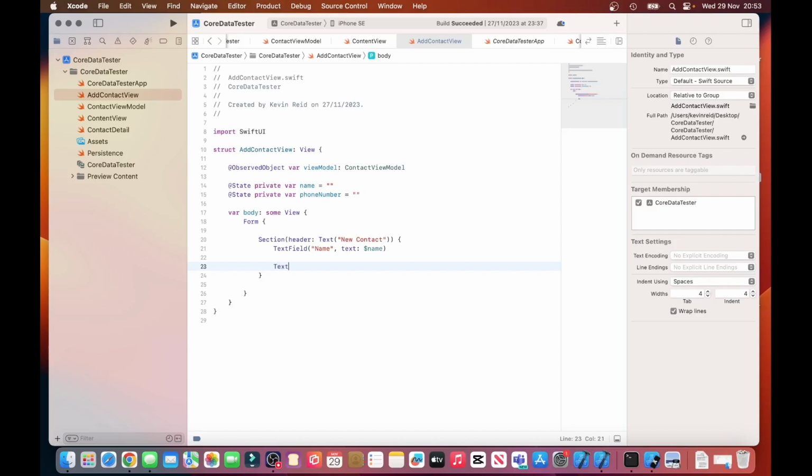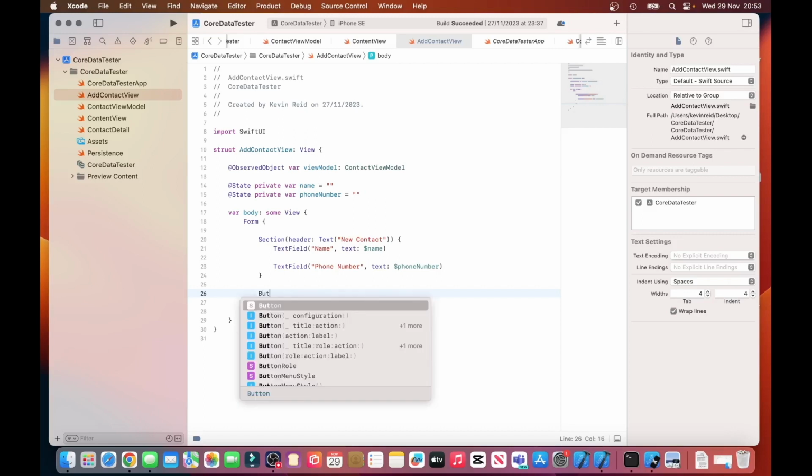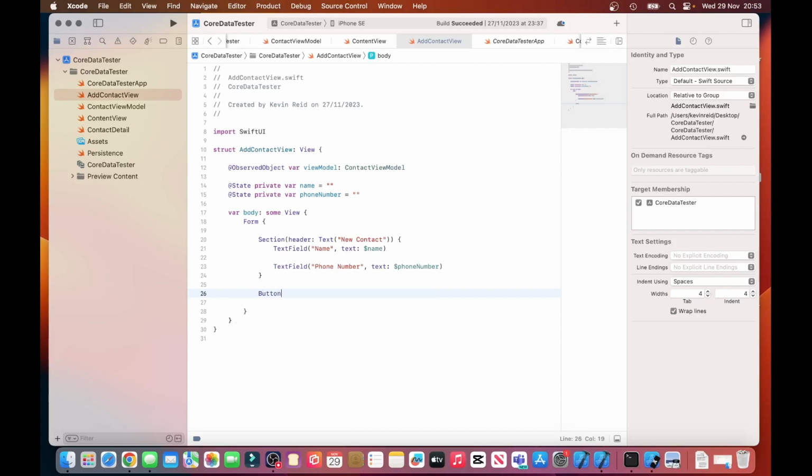And then we need to create another text field for the phone number. Text, phone number. Next thing we need to do is to create a button so that the user is able to add the new contact to the database by clicking on the button, add contact,